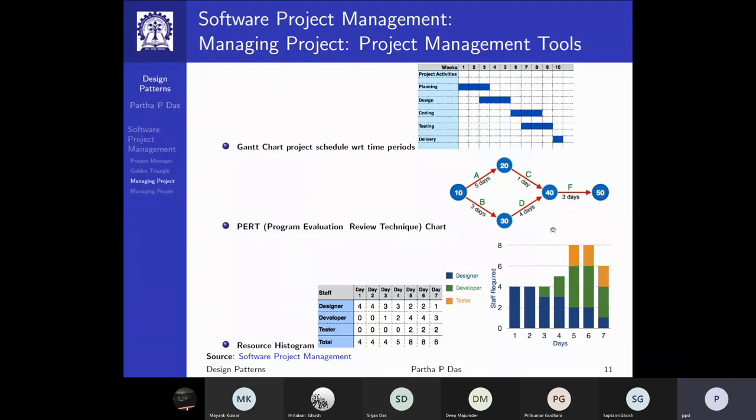Then there's a more structured graphical model, which comes typically from the operations research domain, which you call the PERT chart, program evaluation and review technique chart. It goes on these definitions: this is 10 units, and you do this action, it will take 5 days and take you here, where you earn 20 units, and this will take you 3 days, this will take you 4 days, and so on.